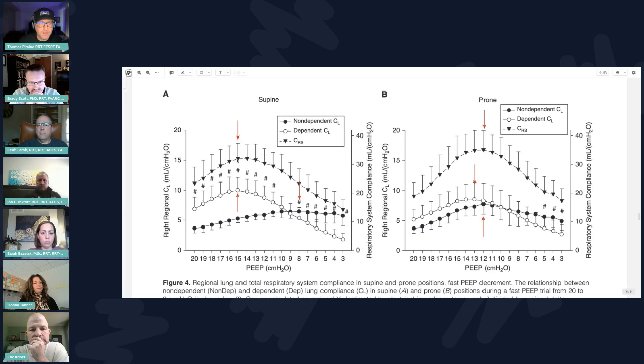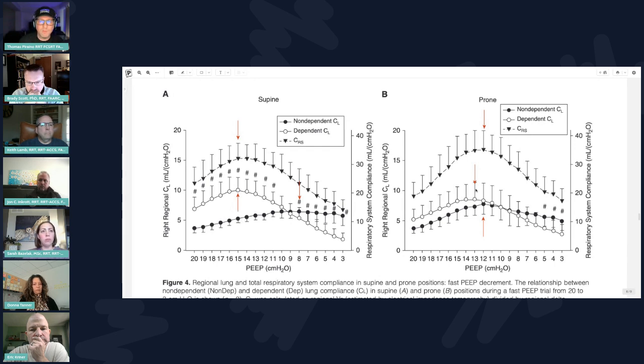So the respiratory system compliance in these animals in the supine position mostly reflected compliance in the dependent lung region. But the non-dependent lung region, which is usually the area that is most at risk of injury because of the baby lung, the optimal compliance, or the best compliance, is at a very different PEEP level. So much lower PEEP level is where this area of the lung, the non-dependent region, is more compliant. In other words, receiving probably less injury. Whereas if you just go by respiratory system compliance, sure, the dorsal lung region or dependent lung region might be better off, but you're at a lower lung compliance in the healthier region, meaning you're probably over distending that region.